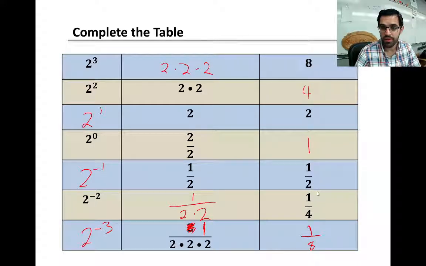Dividing by 1/2 again means we're multiplying the denominator by 2 again. 1 over 2 times 2 would be 1 over 4. Subtract 1 from the exponent, and so on. Do it again. Notice the pattern: 2 to the power of 3 looks like 2 to the power of negative 3, except they're reciprocals. So 8 versus 1 over 8. Which means,